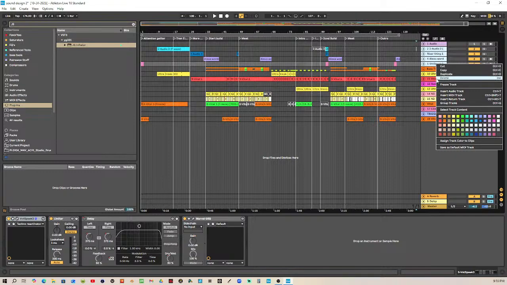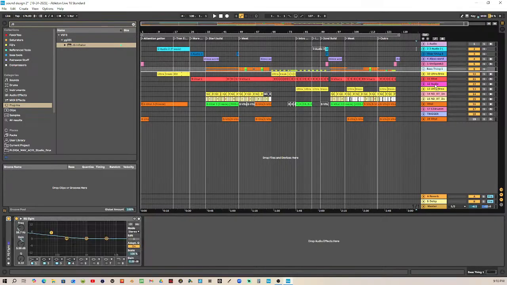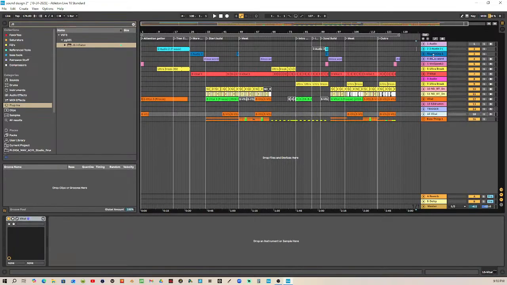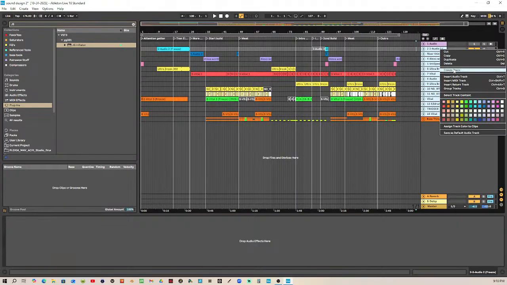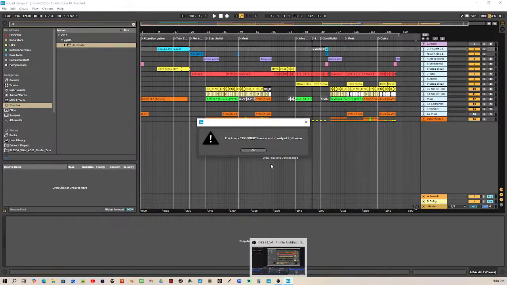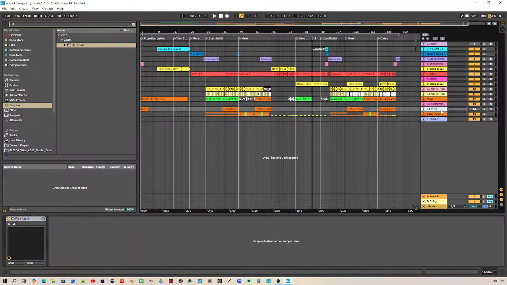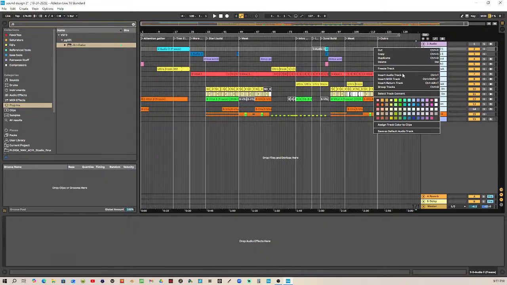Okay, so we got this base channel that needs to be frozen on a separate channel. So I can freeze out all of these here in one go. Okay, let's get rid of trigger. Put trigger down here. This is my kick trigger if I need it. So far I haven't needed it. Everything sounds pretty solid the way it is, mixed in the way it is.